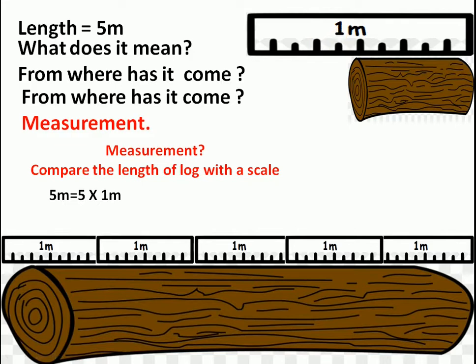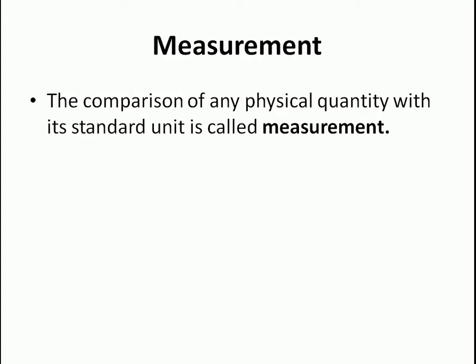1 meter is already there, someone else has decided this much length is 1 meter, and we call it the standard length. We use this standard length to measure the length of all other objects. Similarly, to measure other things we have to have some standard, like 1 meter is the standard for length, the standard for mass is different, the standard for time is different. They have already decided how much is the standard, and we compare that standard with the physical quantity while measuring. Now, measurement is the comparison of a physical quantity with the standard unit, and for length it was 1 meter.